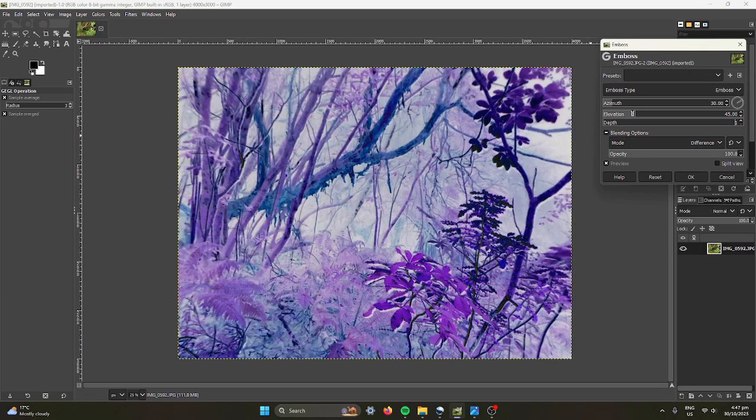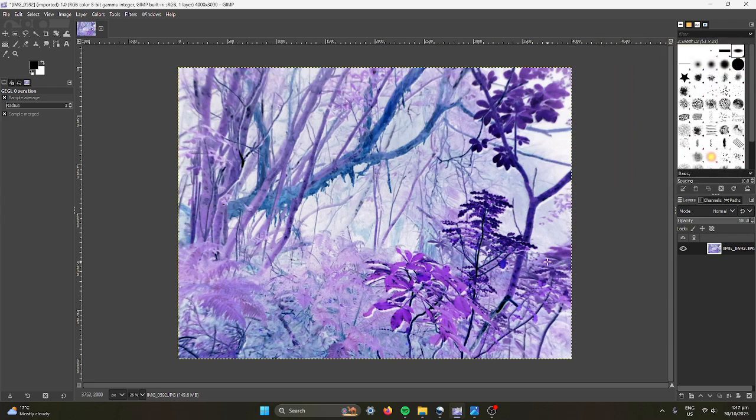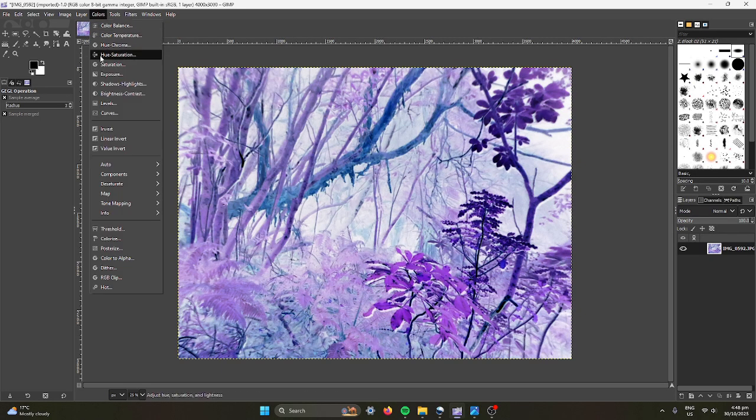Put the depth all the way down and then adjust the elevation kind of according to whatever looks good. I think that's pretty good. Alright, okay, and this is already pretty nice. I've done a lot of little forest artworks like this, but I also like to go to colors afterwards and